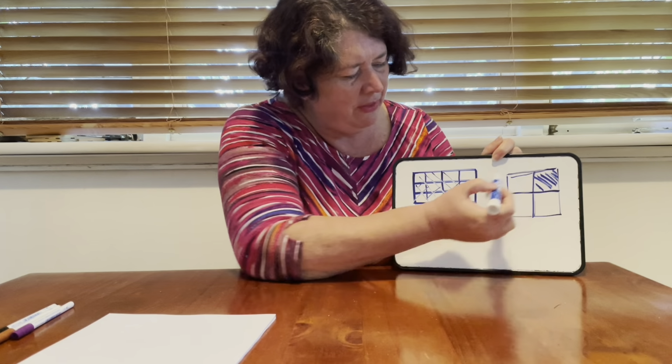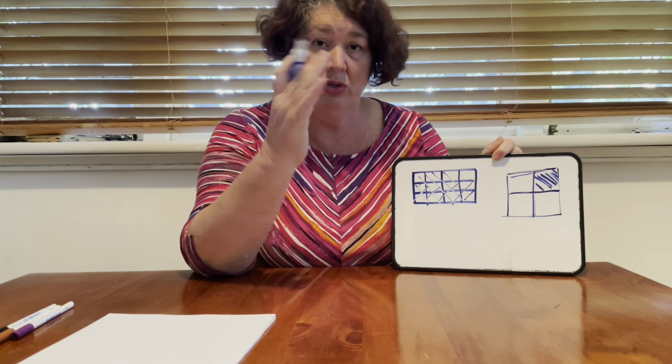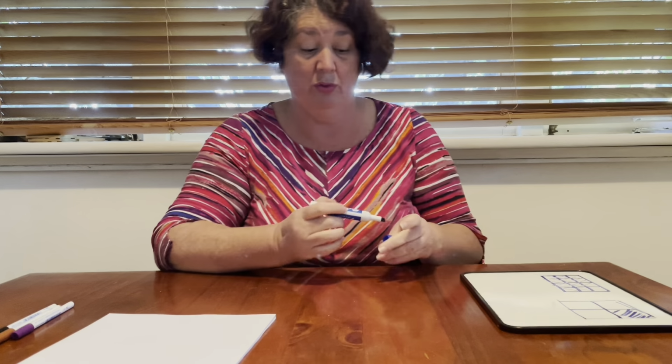But if their ability to visualize is only looking at those four squares within a square or 4 squares within a rectangle, they don't think of that. It is not part of their